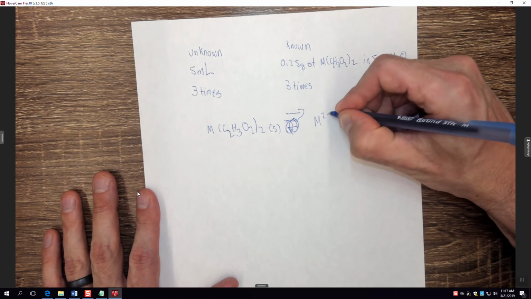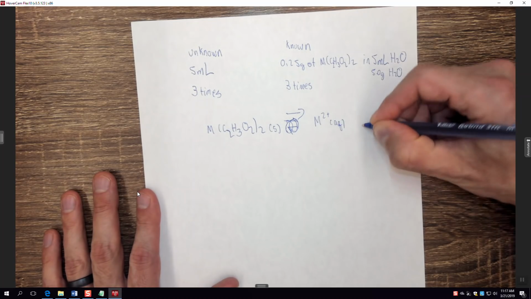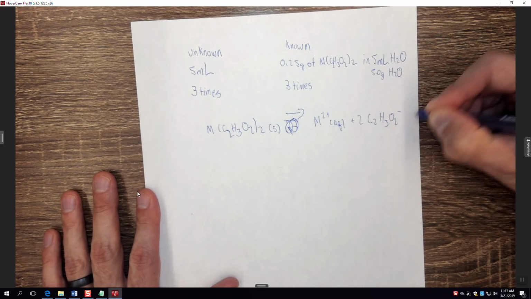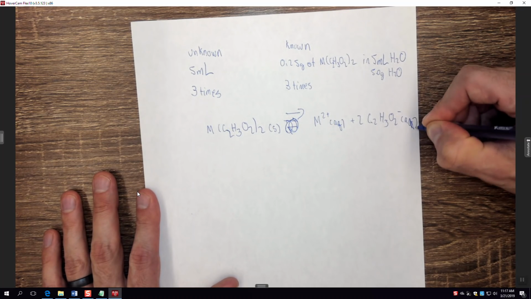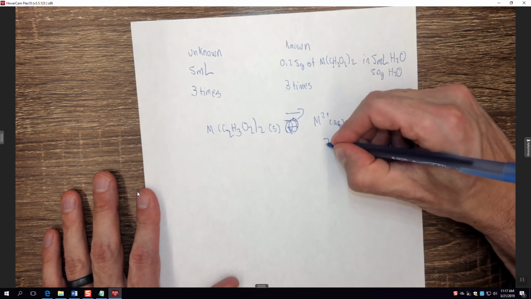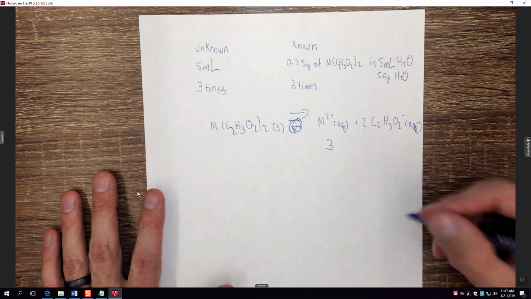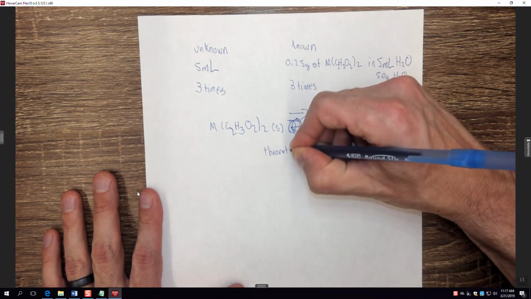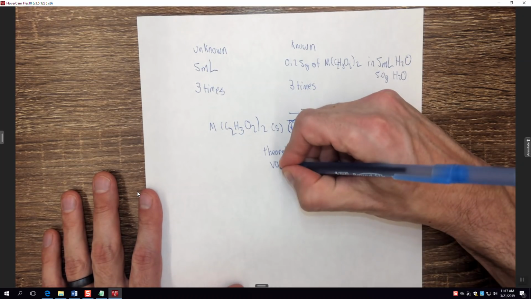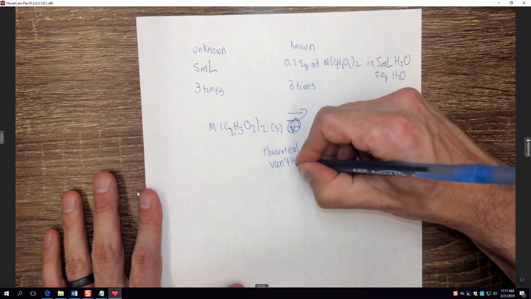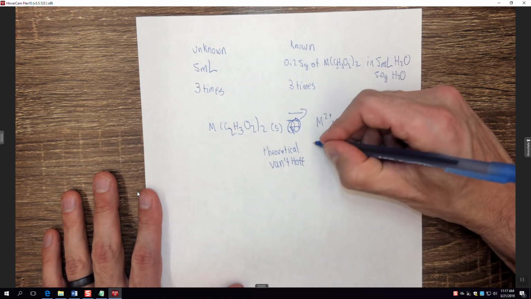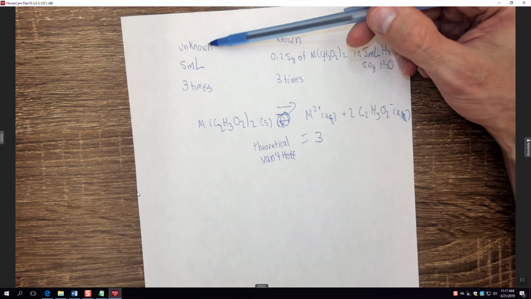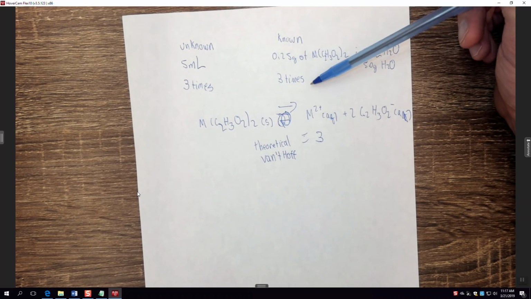You're going to get metal 2 plus aqueous plus 2 acetates aqueous. So there are going to be 3 things in solution. So the theoretical Van Hoff factor is going to be equal to 3. You're then going to compare that to the experimental Van Hoff factor of the unknown, the experimental Van Hoff factor